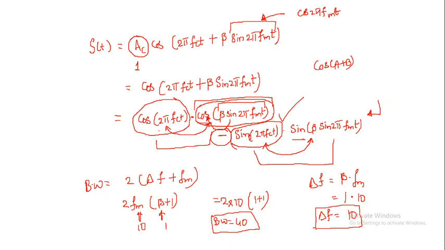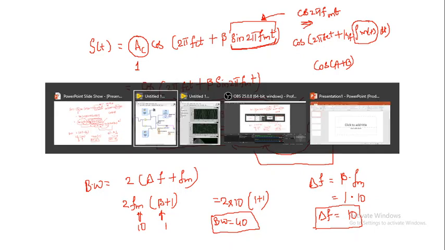Because if you closely observe the equation of FM, cos 2 pi fct plus kf integration m of t dt, we need to perform this integration. So if my signal here is sine 2 pi fmt, that means my original signal is cos. Okay, so we will try to plot that and see